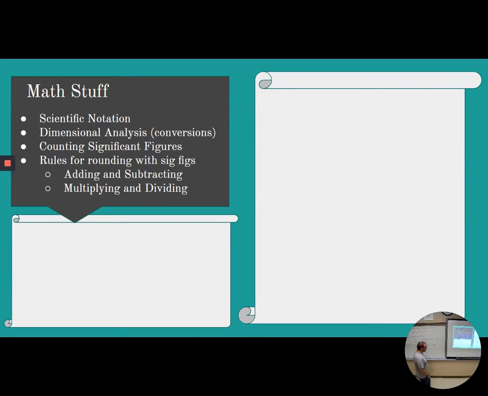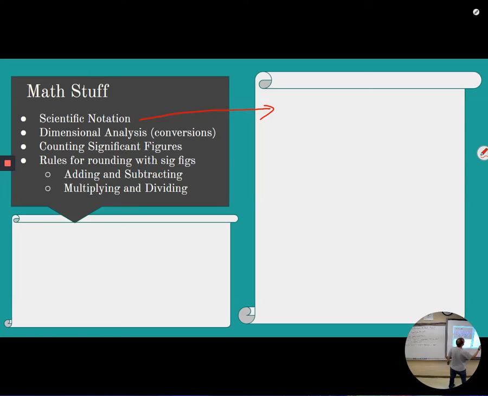There was quite a bit of math stuff during the first couple weeks of school, and so I want to kind of refresh your memory on that. I know it's been a while. We talked briefly about how scientific notation works, dimensional analysis, which you can use for making conversions, and then also various rules regarding everybody's favorite, which is sig figs. Scientific notation is useful for either ridiculously large or ridiculously small numbers, okay?